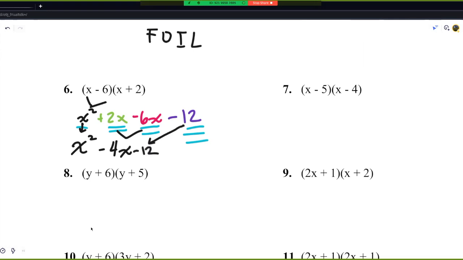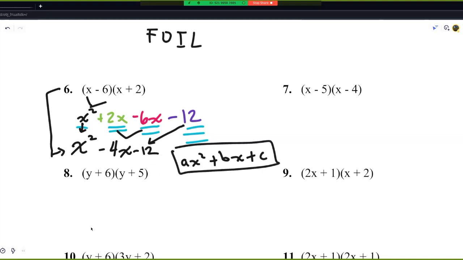And look at that. We have now turned our binomial into a nice quadratic in standard form, ax squared plus bx plus c. These look the same, right? They're similar. That's supposed to be an arrow. So they look similar. This is what it's supposed to be like. Sometimes you don't have a b because it cancels out, like in our first example, but this one does. So now we're going to work on these together